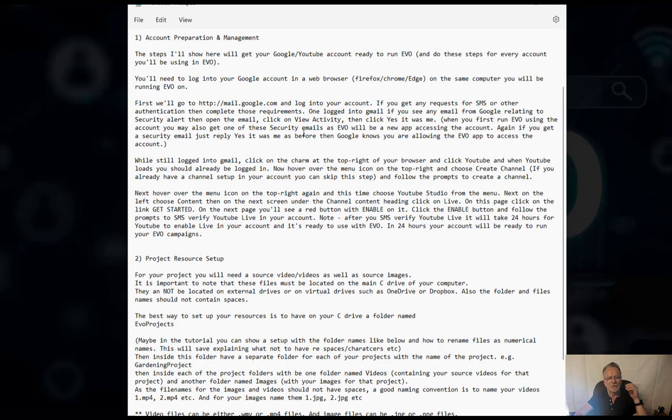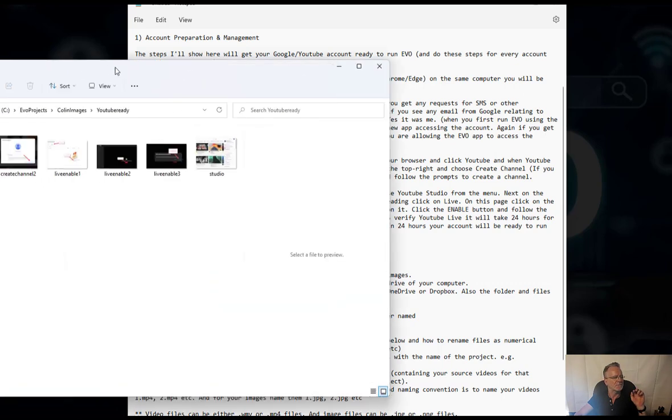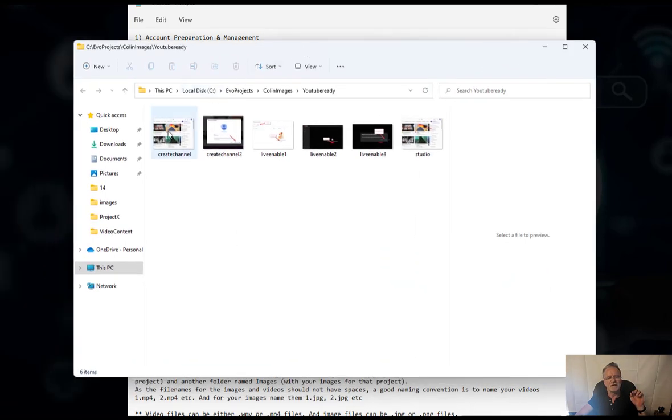So Colin wrote this up for me. Firstly, we go to mail.google.com and log into your account. If you have any requests for SMS or other authentication, then complete those requirements. And then there is the